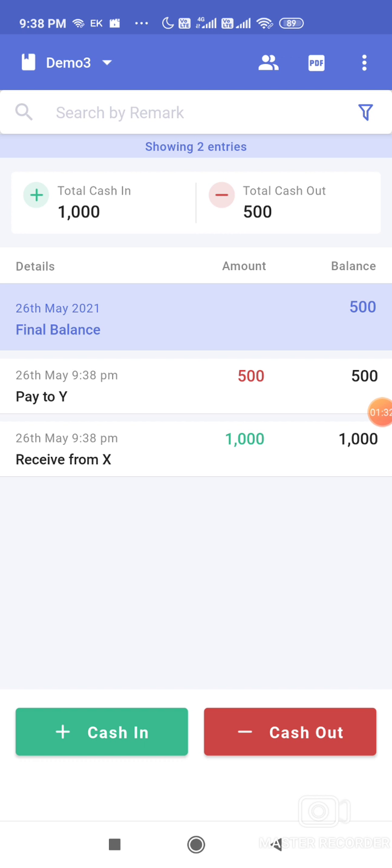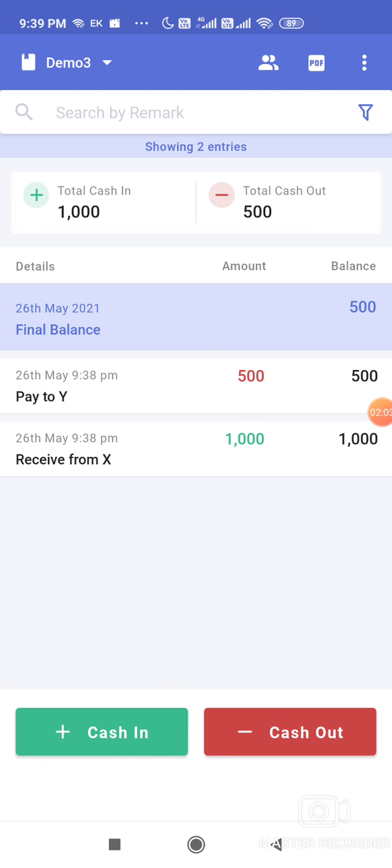And there is an option where you can actually share this book with others. Let's say I am having a financial transaction with a person known as X, so I can share this book with X directly, and X can actually access it. They can also update it, like if they have received the money or not, if I have paid or not, if they have paid and I have received it or not. You can share this with many people, the people that you want. And later on you can use it for tracking your savings and expenses, right?